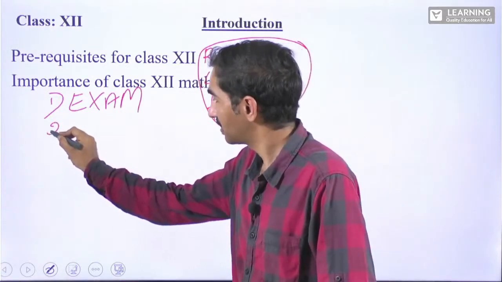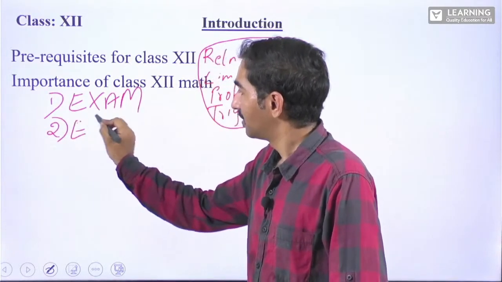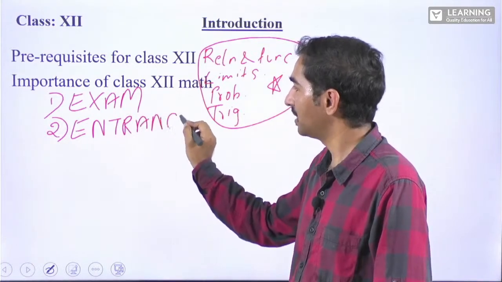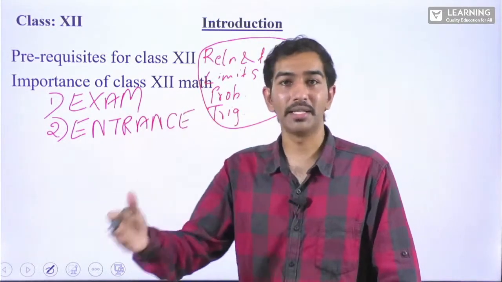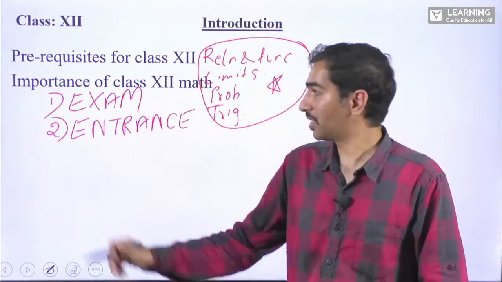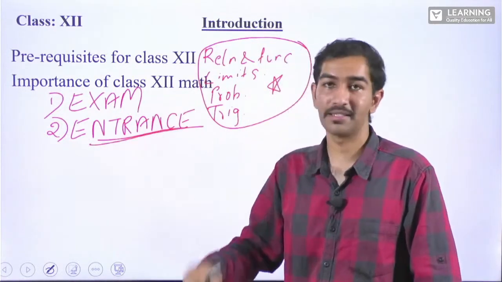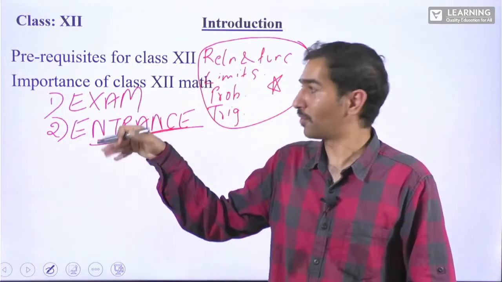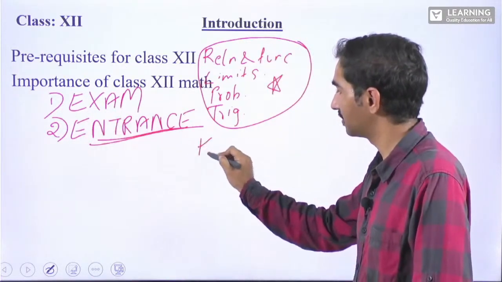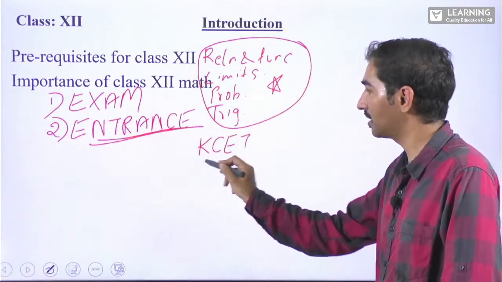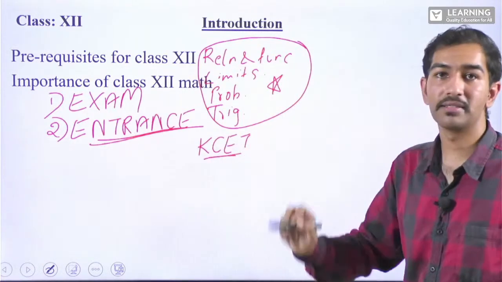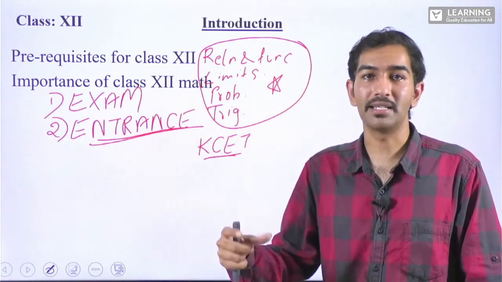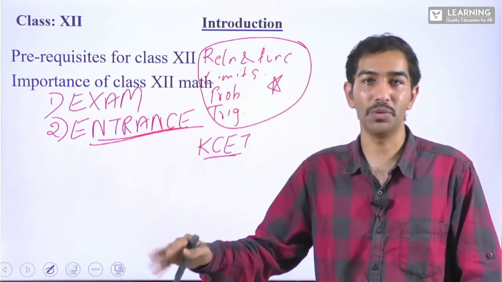The second is, what after 12th, students? I think after 12th you will be planning for some degrees, right? So how do you enter those degree colleges? With the help of entrance examinations. In these entrance examinations, for example, let us take KCET, which is nothing but the Karnataka Common Entrance Test. Why is this exam written? This exam is written to get your seats in graduation or undergraduation.